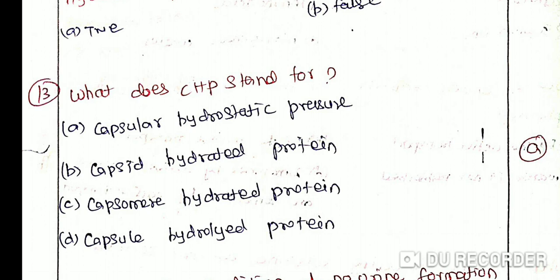What does CHP stand for? Option A, capsular hydrostatic pressure. Option B, capsid hydrated protein. Option C, capsomer hydrated protein. Option D, capsule hydrolyzed protein. The correct answer is option A, capsular hydrostatic pressure. Explanation: CHP stands for capsular hydrostatic pressure. It is the pressure caused by the filtrate or the fluid that reaches into Bowman's capsule, which resists filtration. Next question: